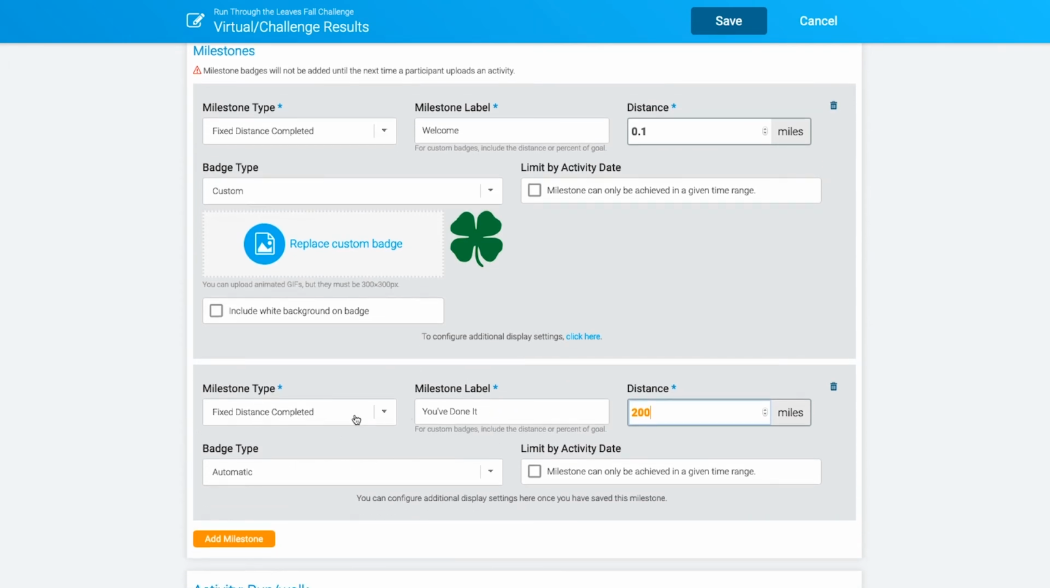But we're going to set up a final milestone, and this is going to go through some more advanced settings for the sorting of your leaderboard. This helps you to kind of rank who was the first person to complete the 200-mile challenge, as opposed to who did the most mileage in the challenge. And we'll kind of